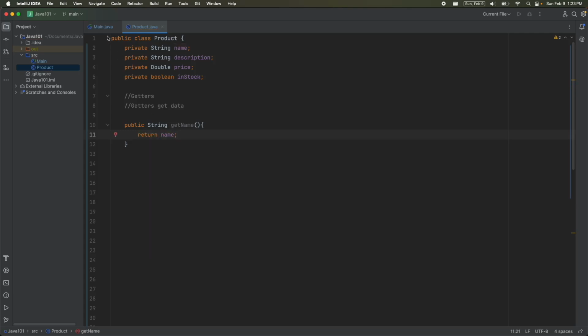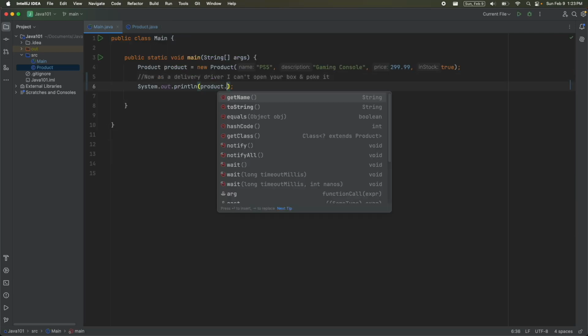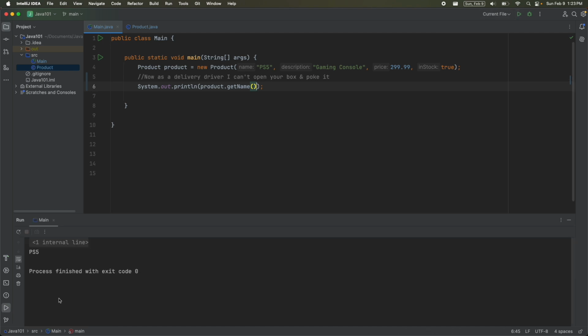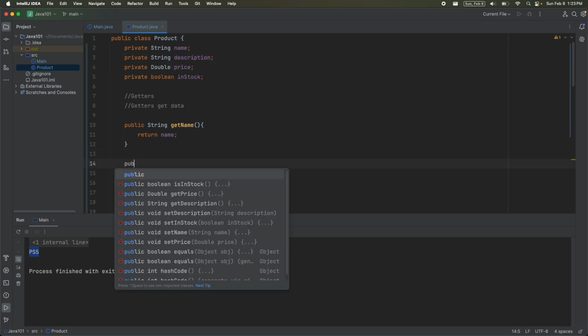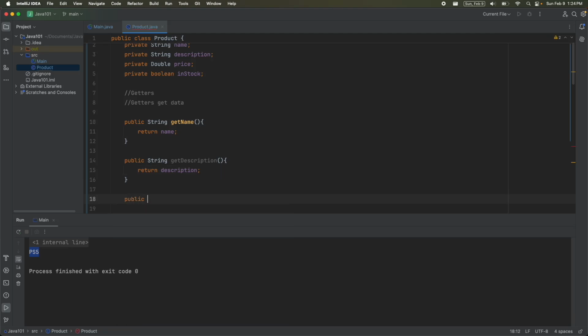So going back to main.java, now that we have this method, I can call product.getName. And there's our method we just created. If I run this, you can see it printed just the name, so it printed just PS5. I'm going to do the exact same thing for description. So public, it returns a string, getDescription, and then return description. Same thing for price, public double getPrice,